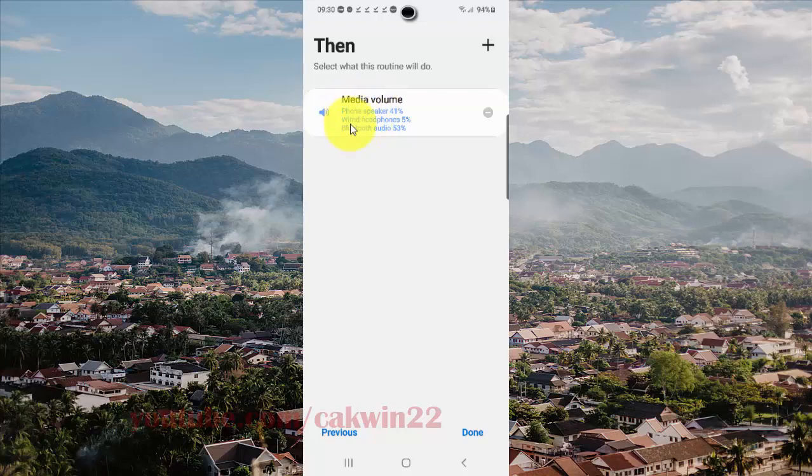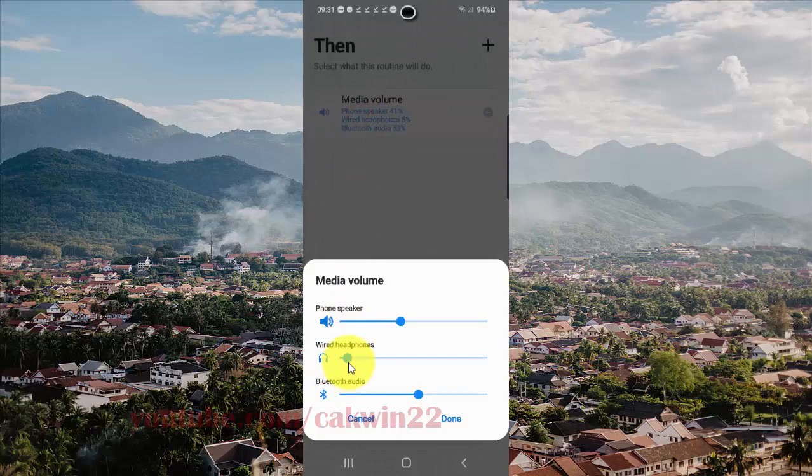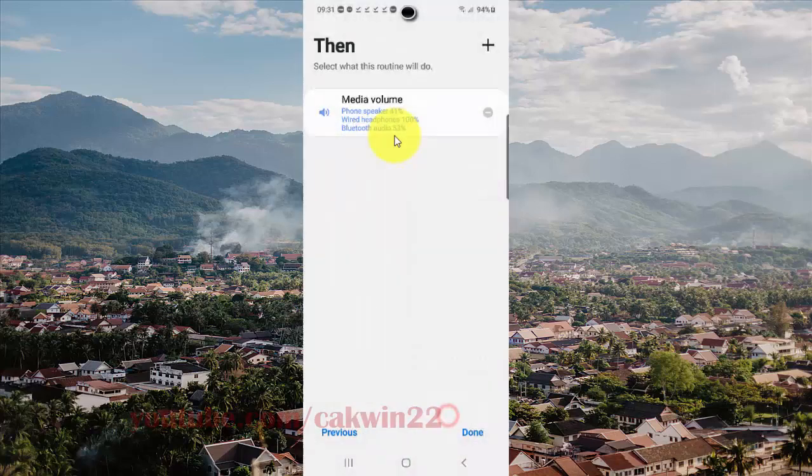Media volume, wired headphones 5%. To edit, tap Media volume, and then drag to the right or to the left for wired headphones, then tap Done. Wired headphones 100%, tap Done,